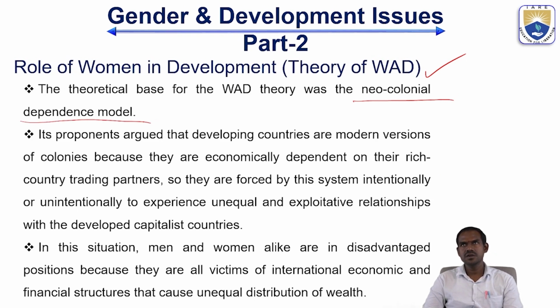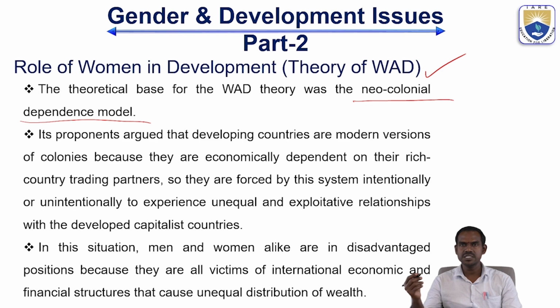Neo means new. Colony means the place, the area where we are living. Neo-colonial dependence model. So this is the theoretical base for the WAD approach, the Women and Development theory. Its proponents argued that developing countries are modern versions of colonies because they are economically dependent on their rich country trading partners. So they are forced by this system, intentionally or unintentionally, to experience unequal and exploitative relationships with